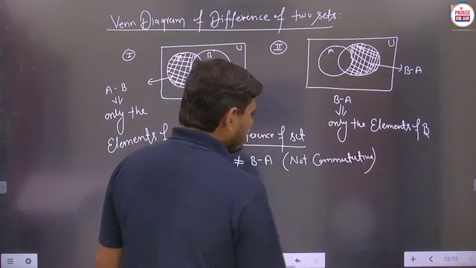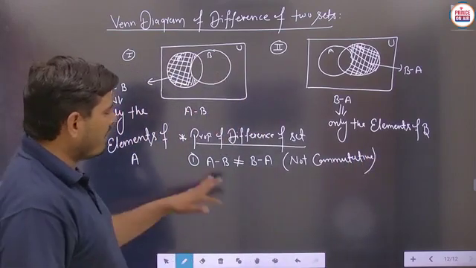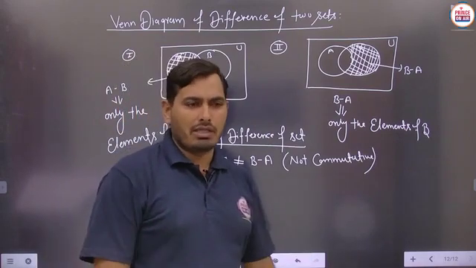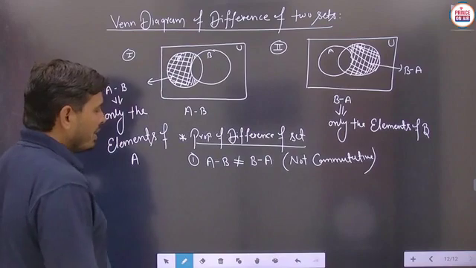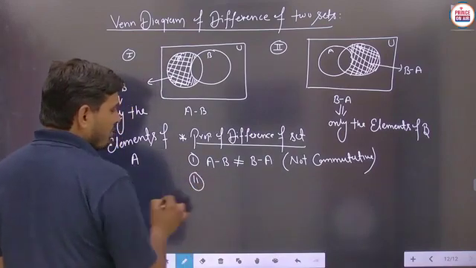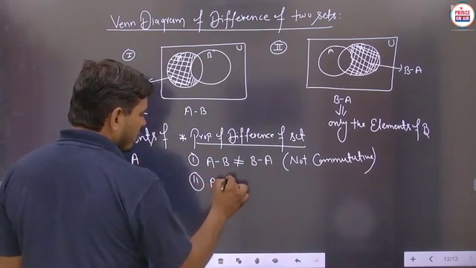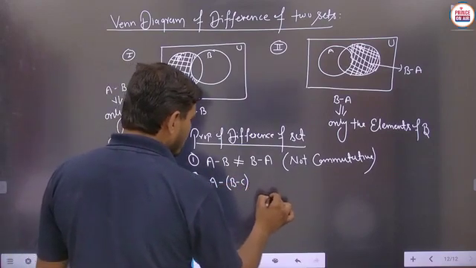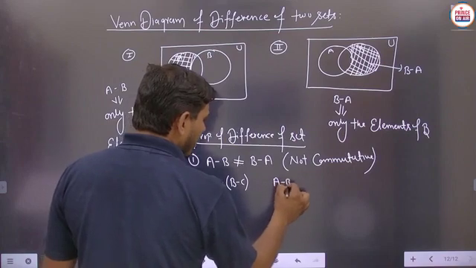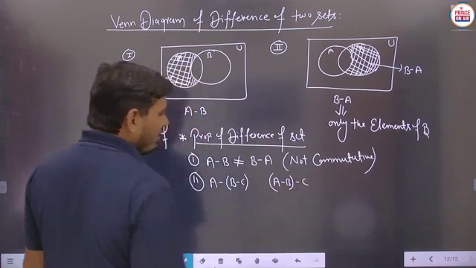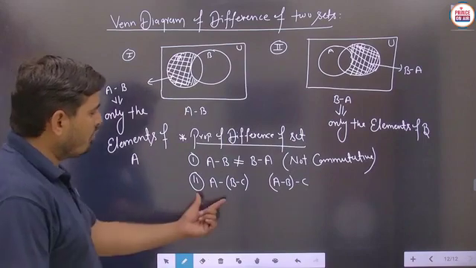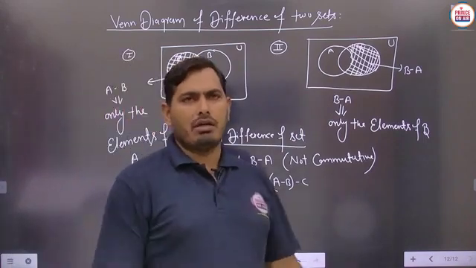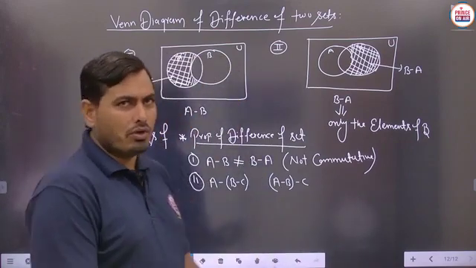Is it to be clear? So basically, students, commutative means that if A minus B gives the same answer as B minus A, then it is said to be commutative, otherwise it is not commutative. Is it to be clear? Second, suppose we are interested in knowing A minus B minus C, and here suppose we are not using any symbol, just A minus B then minus C. Then what should be the relation between both the expressions, either equals to or not equals to? Such properties are said to be the associative law. So we just have to check.